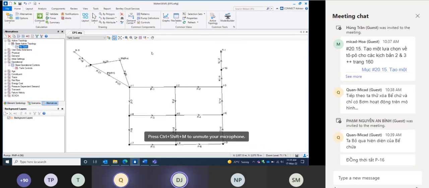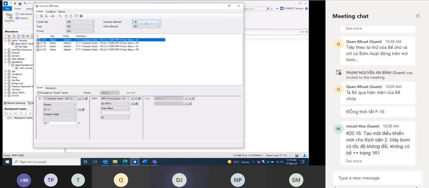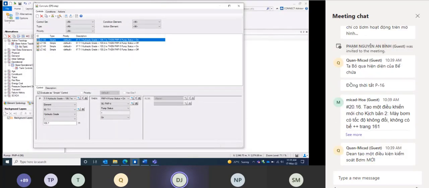And now we need new controls, because of course we can't control the pumps based on the tank. So we need to write new controls. So go back up to the common area and controls. What we need to do is write a new condition so that we can apply that condition to our actions, and that will make more sense in a minute. So if you go to the conditions tab,